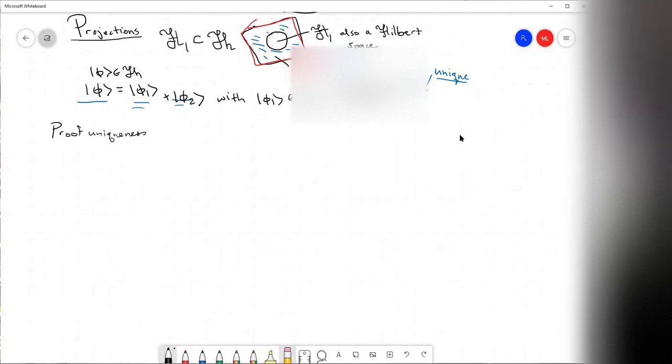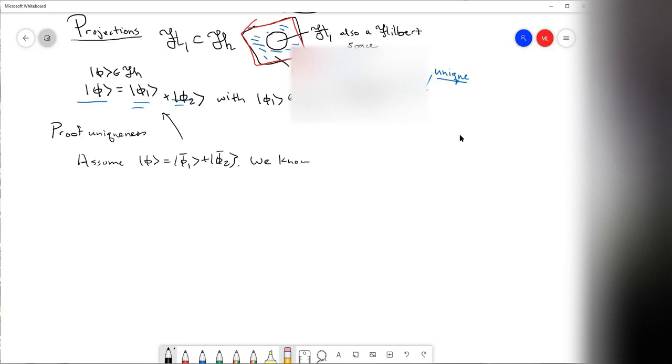And the way we do it, we assume that there's some other decomposition. Phi is equal to phi 1 bar plus phi 2 bar. So we assume that there's some other decomposition, and all we have to do is show that this decomposition is actually the same as the original one. That's how you prove uniqueness in general. But we know